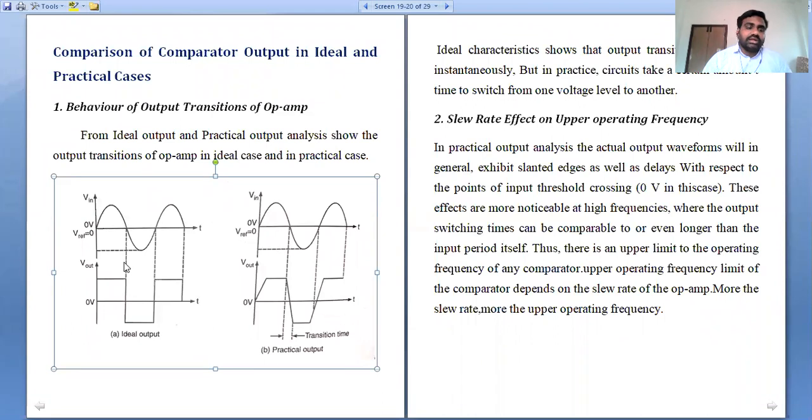So let us see an ideal output. In this particular application, if we see clearly the output, if the reference source is 0, this type of output is very similar to our zero crossing detector. A zero crossing detector is nothing but a square wave generator. Whenever the input voltage crosses the zero instant, a square wave will be generated at the output. That is the principle of a zero crossing detector, which is one of the prime examples of the comparator.